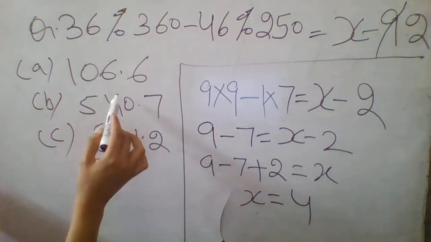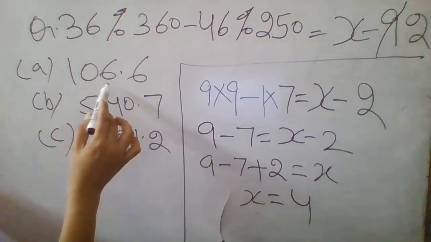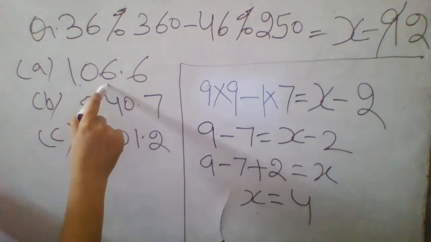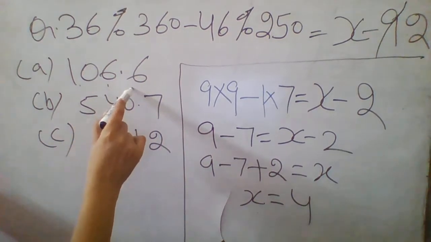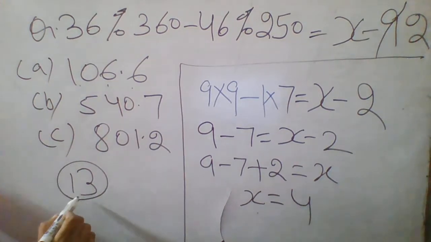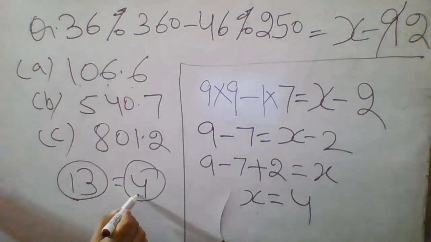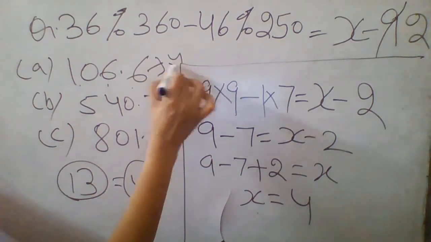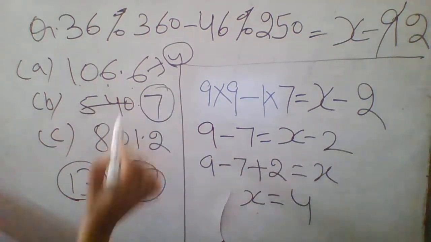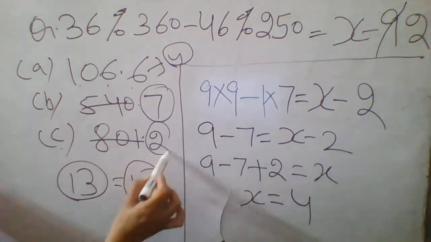Now you find out in these options where you will get the DR as 4. Now you see here, 1 plus 6 is equals to 7, plus 6 is equals to 13. So you got here 13. 1 plus 3 is equals to 4. In A option you got this 4. You got 4 in A option as the digital root. In B option 5 plus 4 is 9, cut, you got this 7 as the DR. Now here in C option 8 plus 1 is 9, you cut, so you got this 2 as DR.